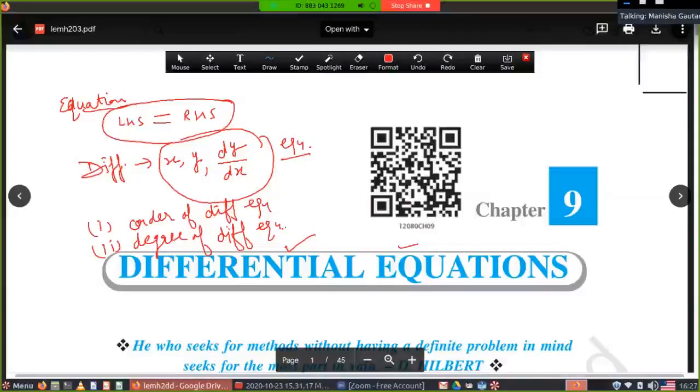the differential equation. Order means how many times maximum derivative we did in the equation. Maximum times derivative which is done in the equation is known as the order of the differential equation, and power of that order is known as degree. Power of the order is degree, and order is maximum derivative. Now we can study by examples. Let's do few examples.